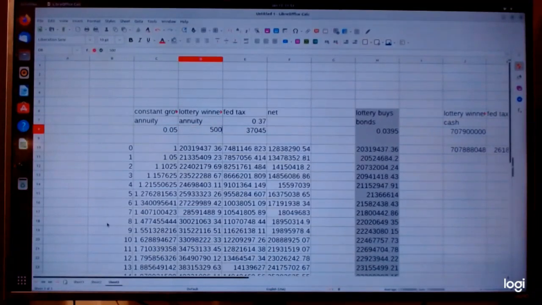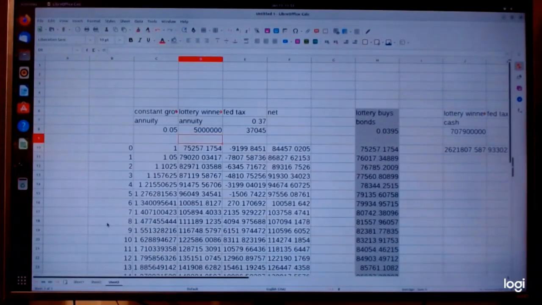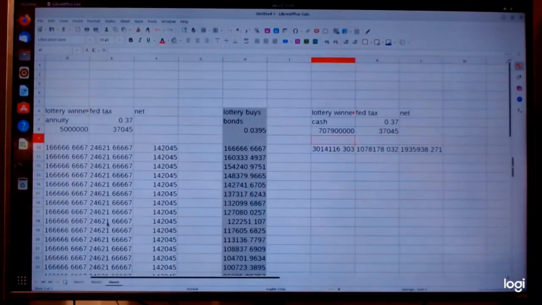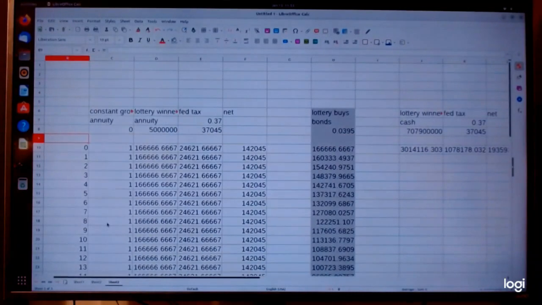They only may have $5 million, and they'll often have level payments, so we can make those level payments, and we can estimate the cash value of an annuity. A lot of times the state lotteries, they don't have that. But we need to adjust the